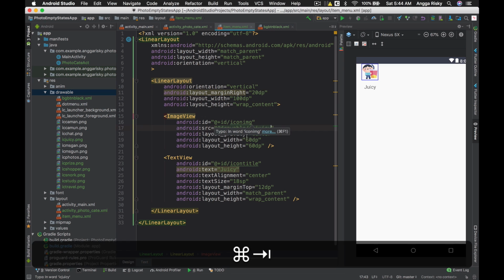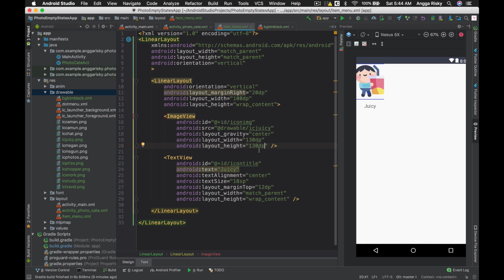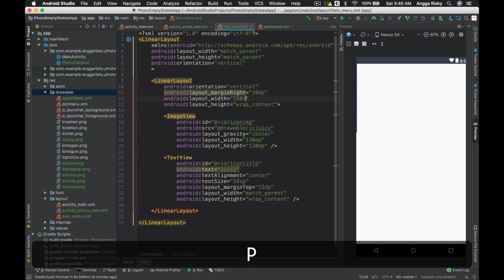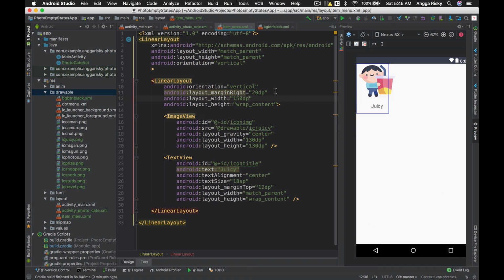And if you see in the design, the design is about 120. Okay, so this one's supposed to be 130 and this one 130. Okay, and then you see the design is not enough for the space, so we should give this 150. Okay, like this. And then yeah, it's not enough. Okay, cool.